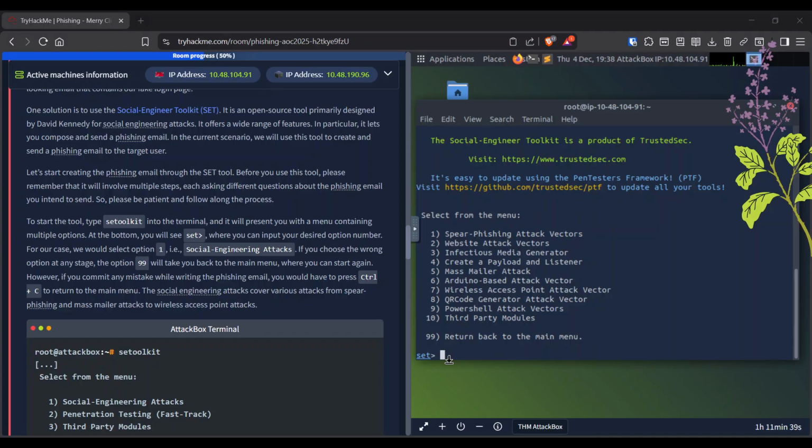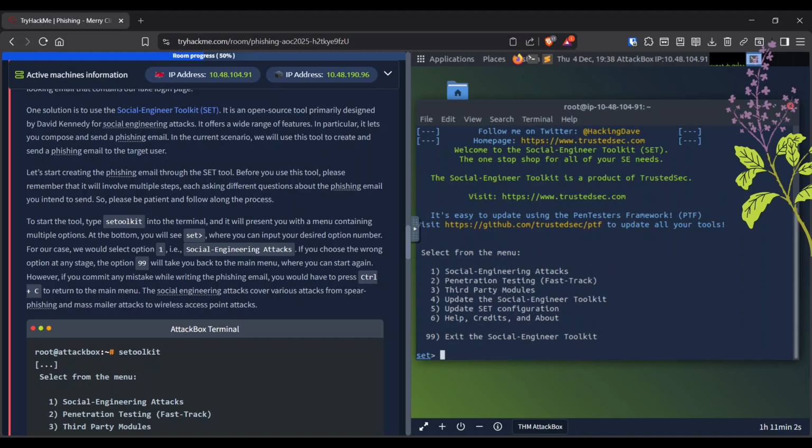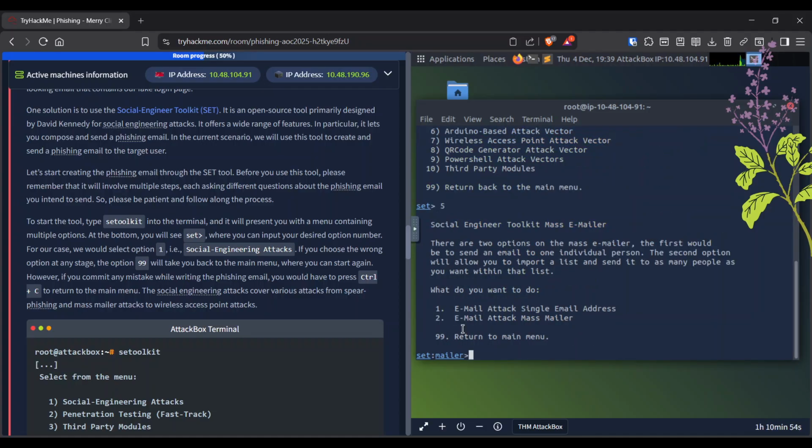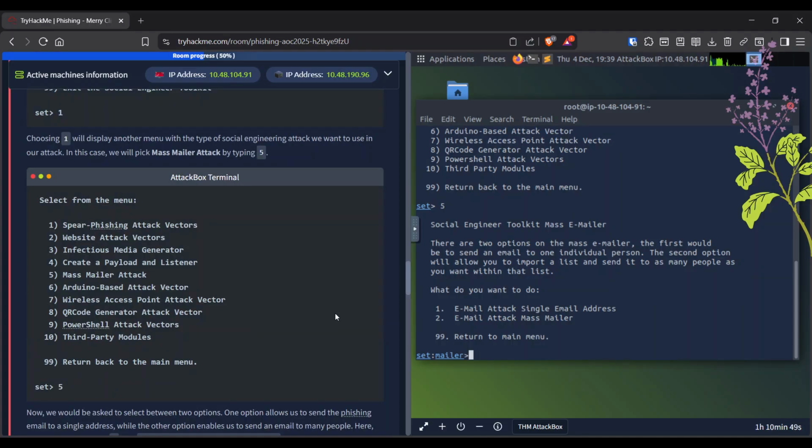If we choose the wrong one, okay, okay. Social engineering attack, then 5, mass mailer attack, email attack. It was the email attack, single mail. One, send email to